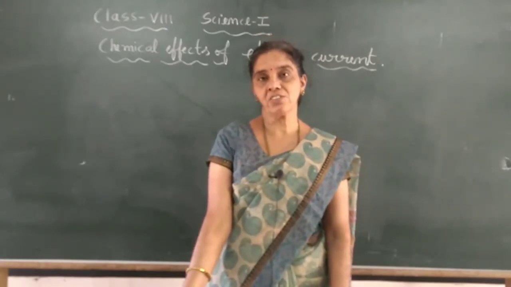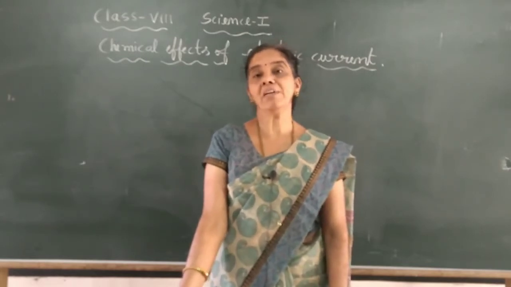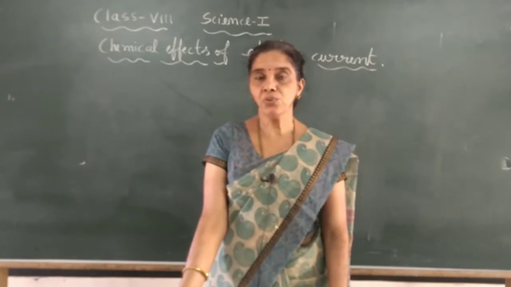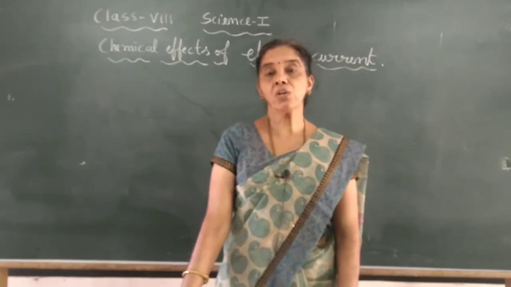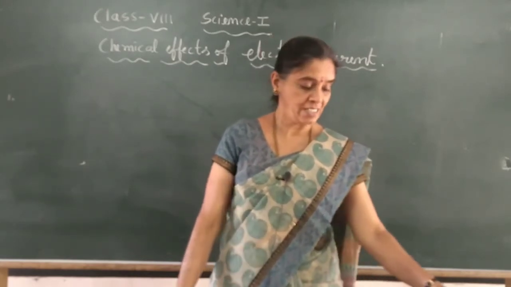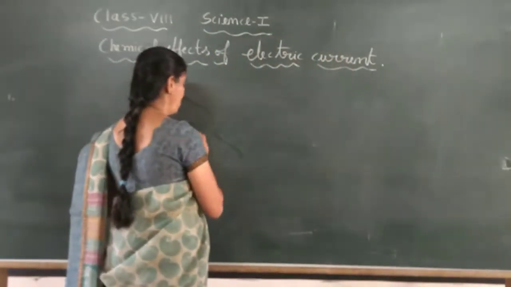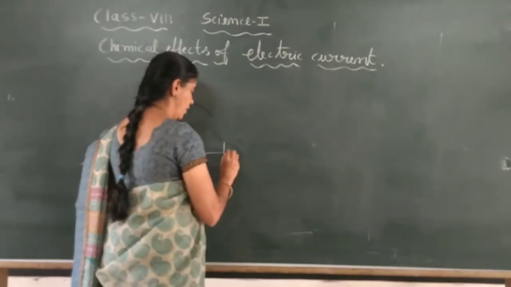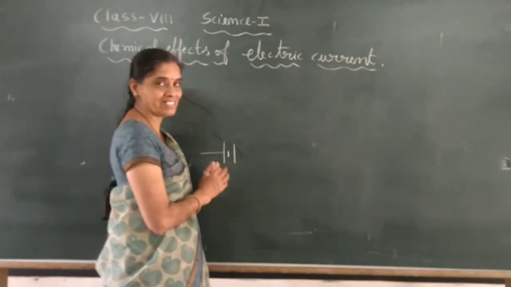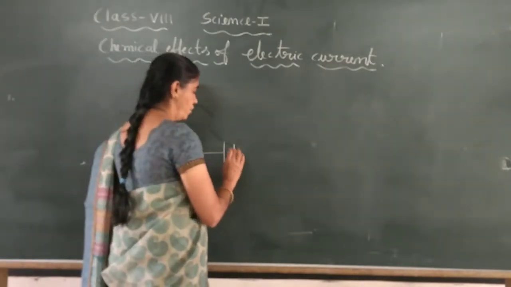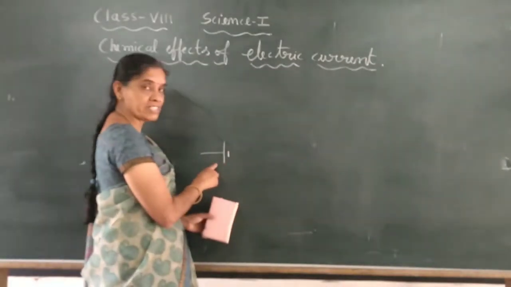When you connect them with a wire and pass the current through these metals, they conduct electricity. To know that, you can use a small bulb which glows when current flows in a simple circuit. We use a cell to pass the electric current, usually a dry cell, and you have to draw its symbol like this.